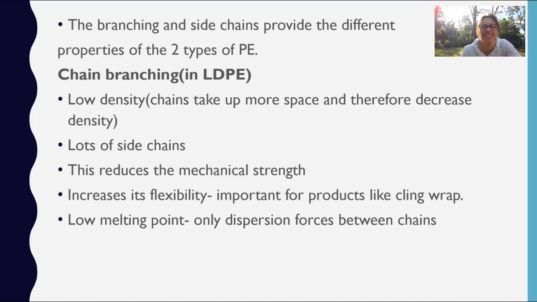So the branching and side chains provide the different properties of the two types of polyethylene. As I've just said, lower density takes up more space, therefore it decreases the density. It's got lots of side chains, but this lots of side chains then also reduces that mechanical strength. But on the other hand, it increases its flexibility, which is really important with things like cling wrap. Now it's got a lower melting point because it only has those dispersion forces, none of those other polar bonds,